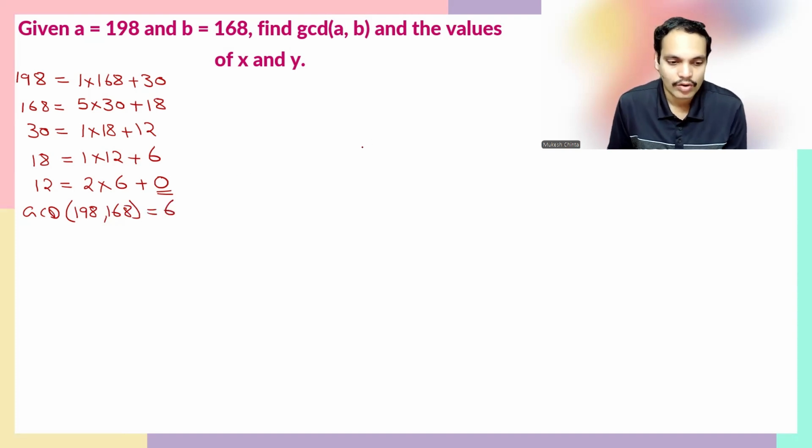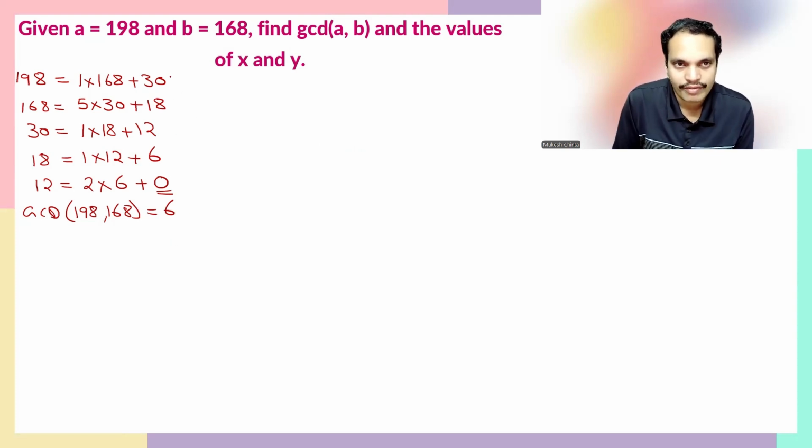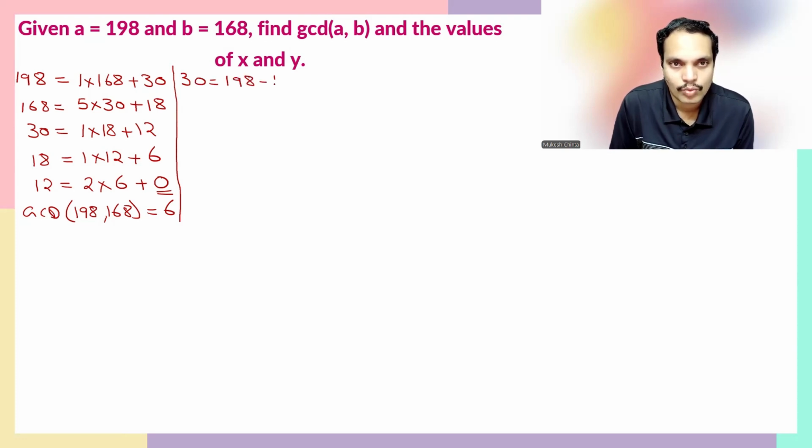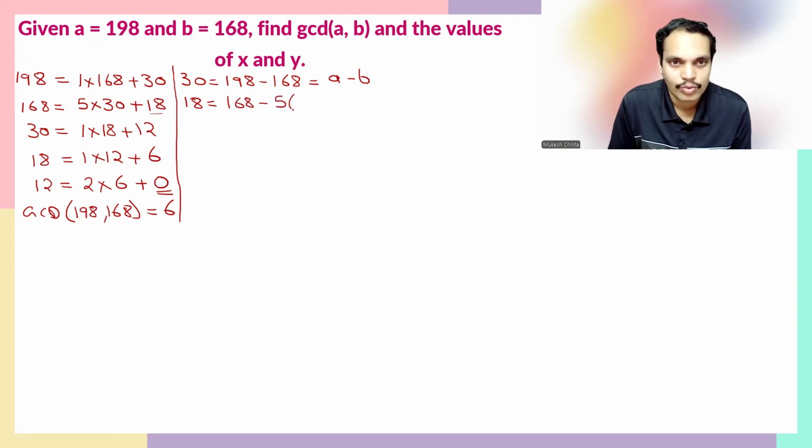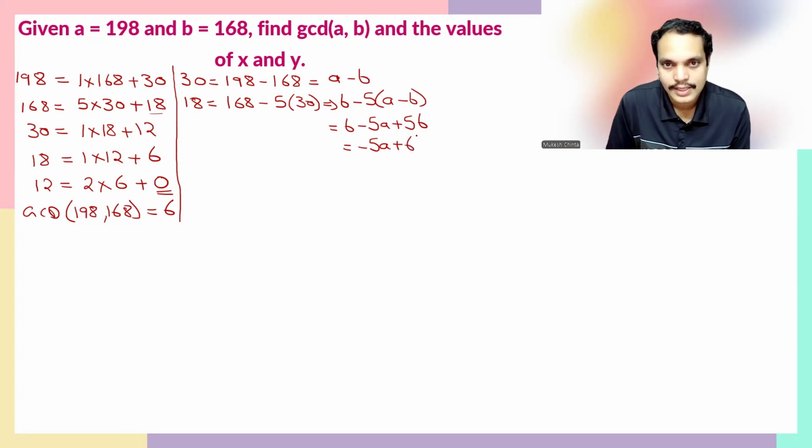Now to implement the Euclidean algorithm, once again I have to follow the same steps, isn't it? Let me find out how to write the remainders here. Let me start with 30. How did I get it? I got it as 198 minus 168, which is nothing but A minus B. What is the next remainder I got? 18. How did I get 18? 168 minus 5 into 30. So B minus 5 into what is 30? A minus B, which equals B minus 5A plus 5B, which is nothing but minus 5A plus 6B,